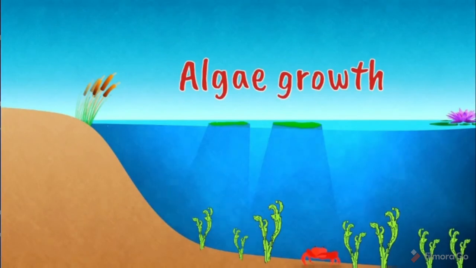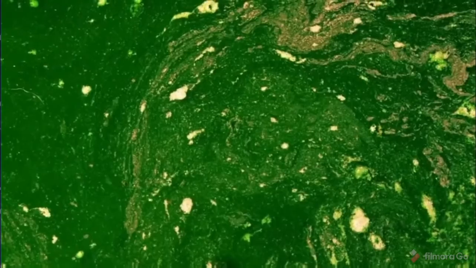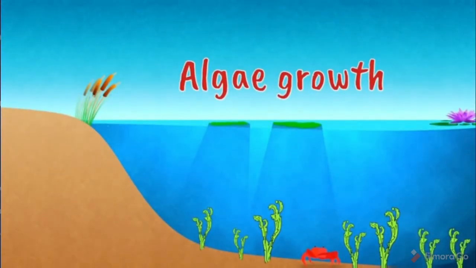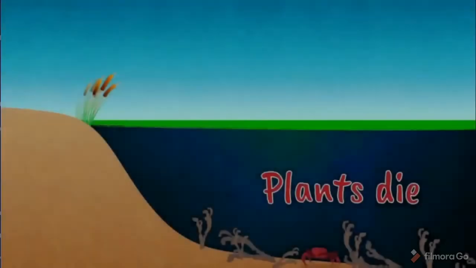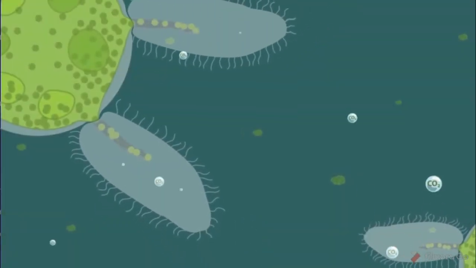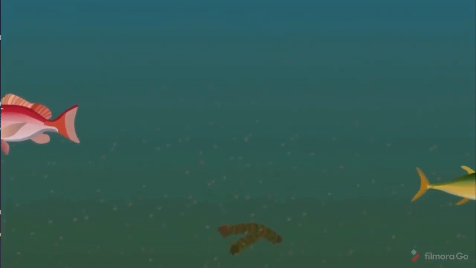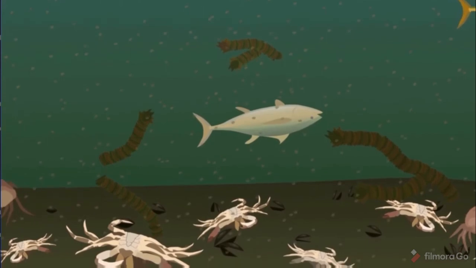When the algae grow rapidly on the surface of the water, they will block sunlight from entering the water. The aquatic plants below the water could not run photosynthesis, and they will die. The bacteria will use oxygen in the water and produce carbon dioxide. The concentration of oxygen in the water will decrease, and the aquatic fauna such as fish and crabs will die.